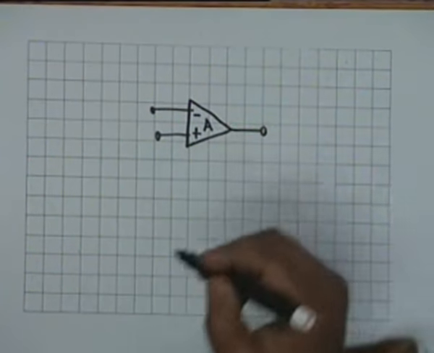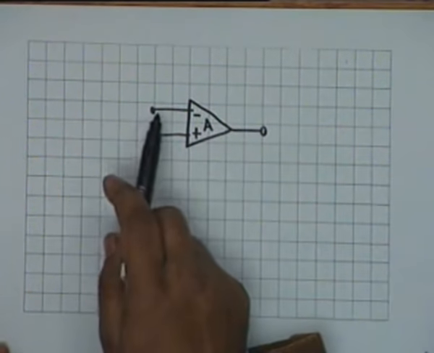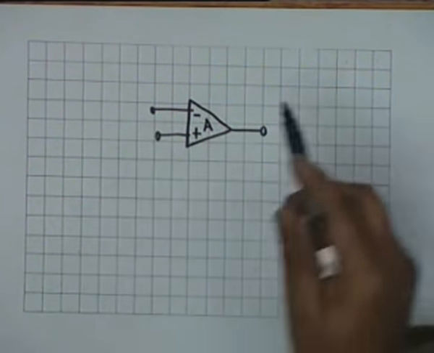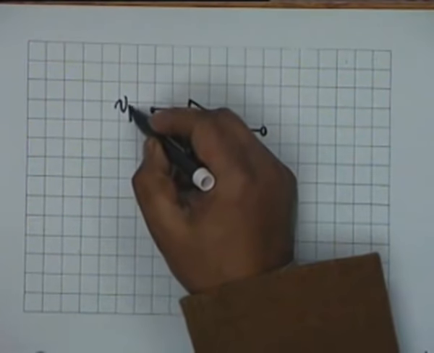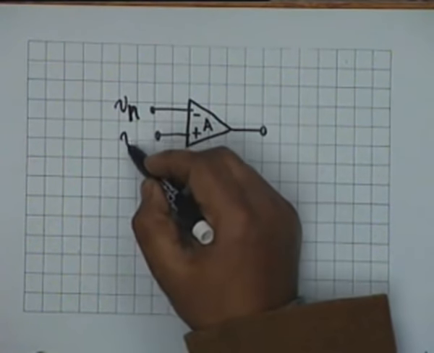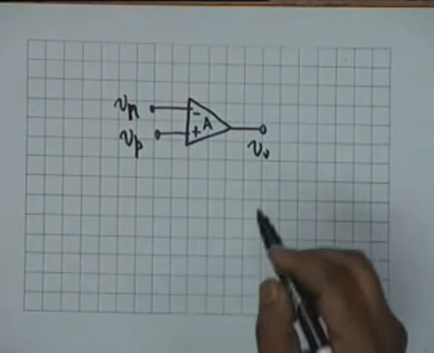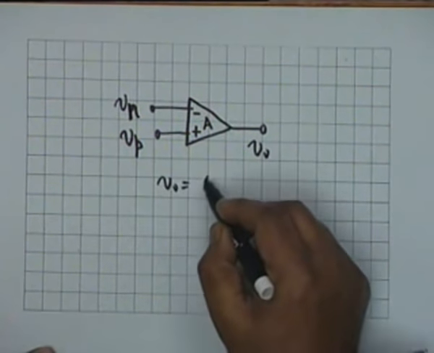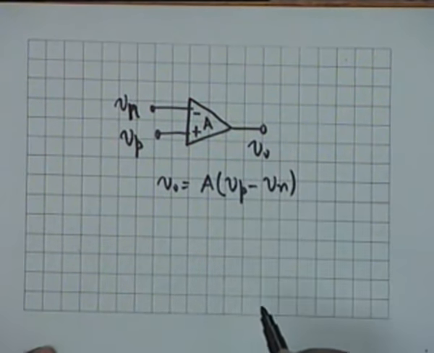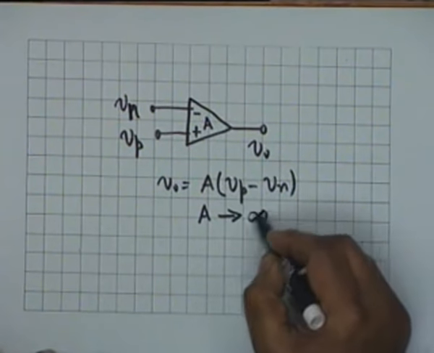The gain capital A is written inside the triangle. The first is the inverting input, the second is the non-inverting input, and this is the output. And the model of the op amp is that if the two inputs are Vn and Vp and the output is V0, then V0 is equal to capital A times (Vp minus Vn), where capital A ideally tends to infinity,